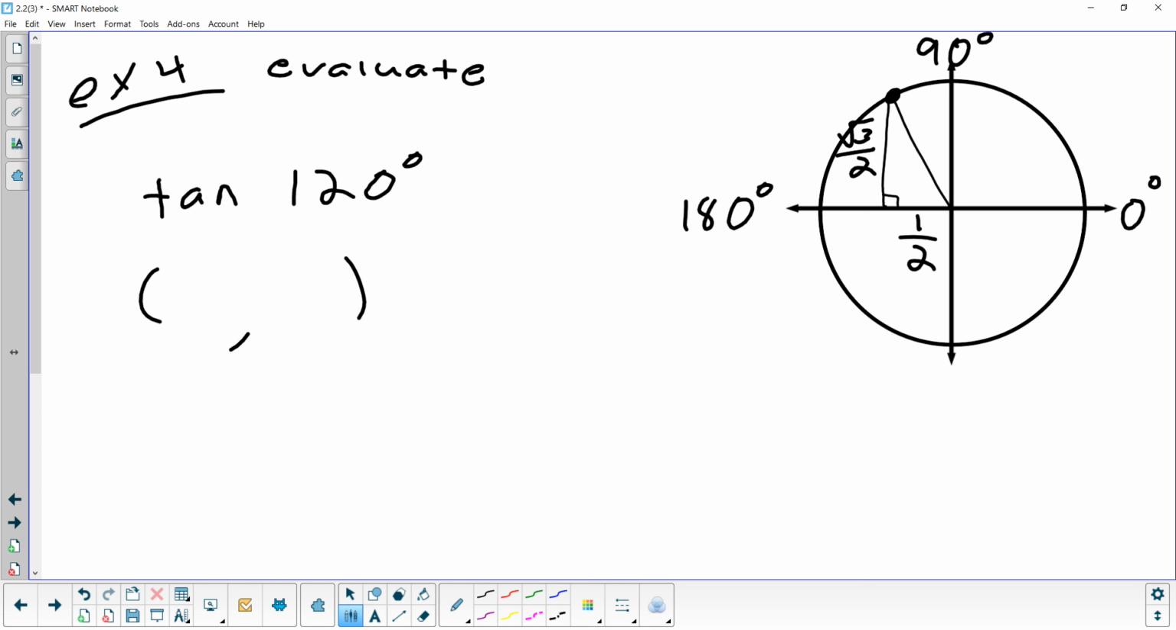So we went left and then up. So Jaden, could you give me my coordinate for 120 degrees? Negative 1/2, positive